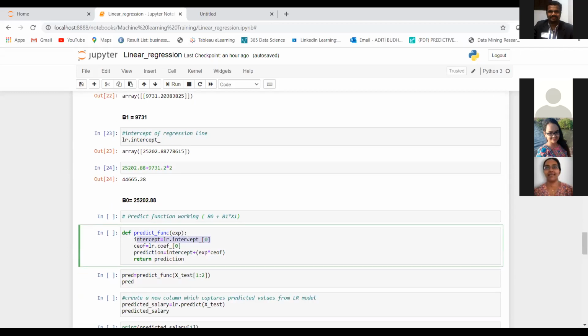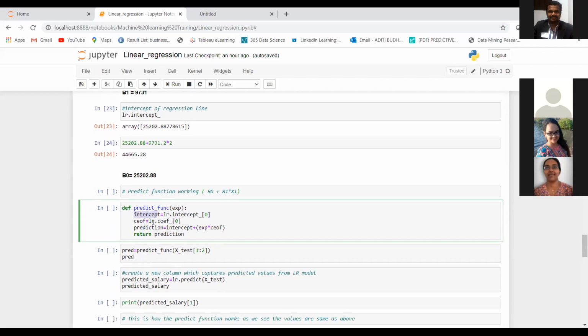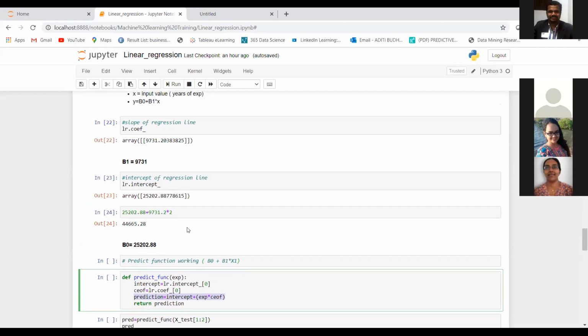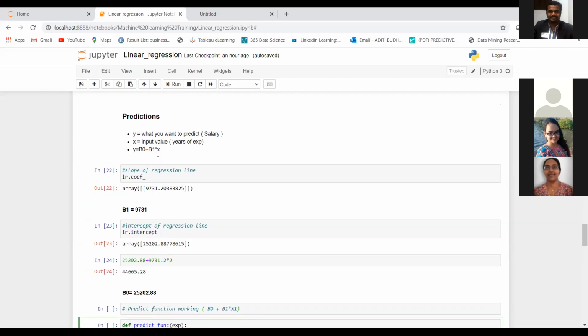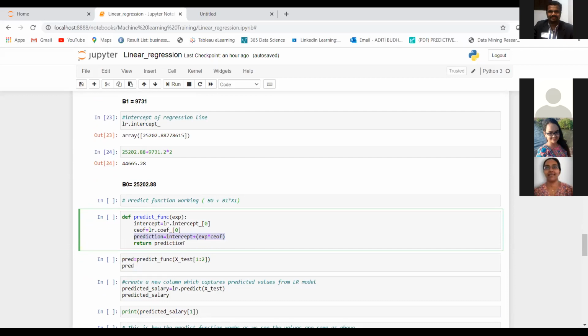So it will first take the intercept value from our model and store it in the variable known as intercept. Then it will do the same thing for the coefficient and save it in coefficient. And then it will calculate your prediction, that is y. How will it calculate? It will calculate by this equation only. Here we are saying intercept plus exp into coefficient.